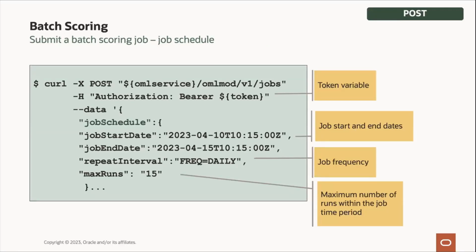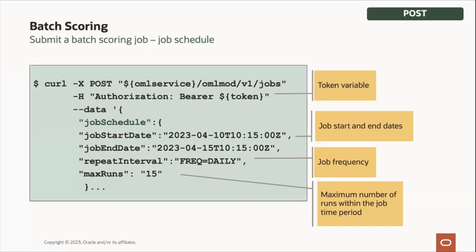This request is cut in two here. It's quite a long request, so this is the top half of it. The bottom half is on the next slide. Looking at this, we can see we're sending this to OML Services. So this is the OML mod path to V1 jobs to submit a job with a POST request here. We have a variable storing the token value that we got in our last request